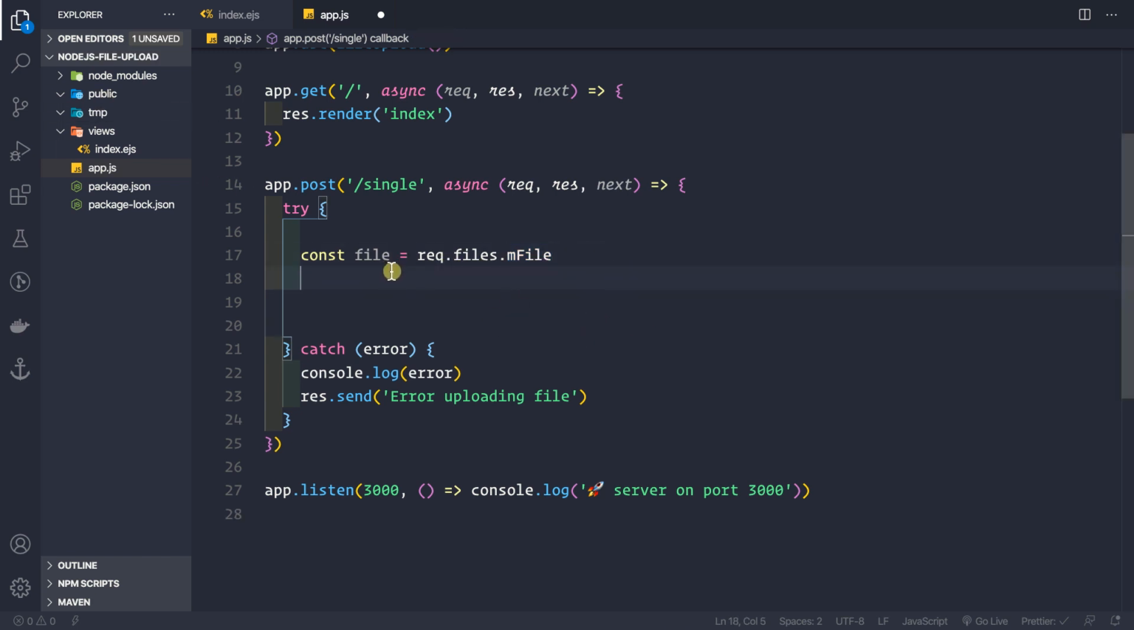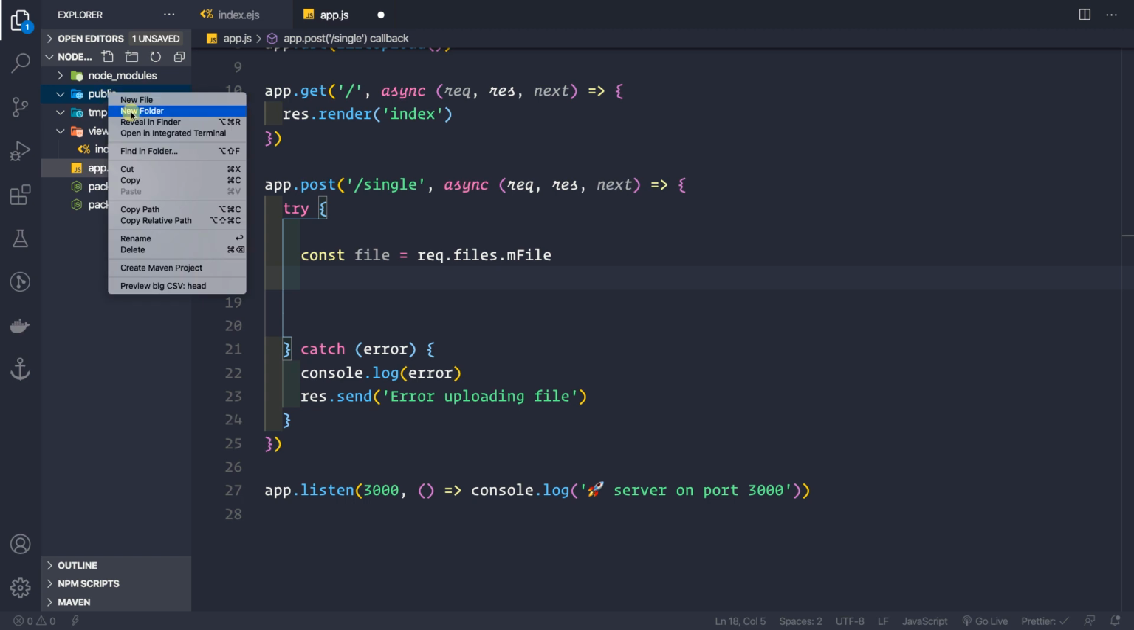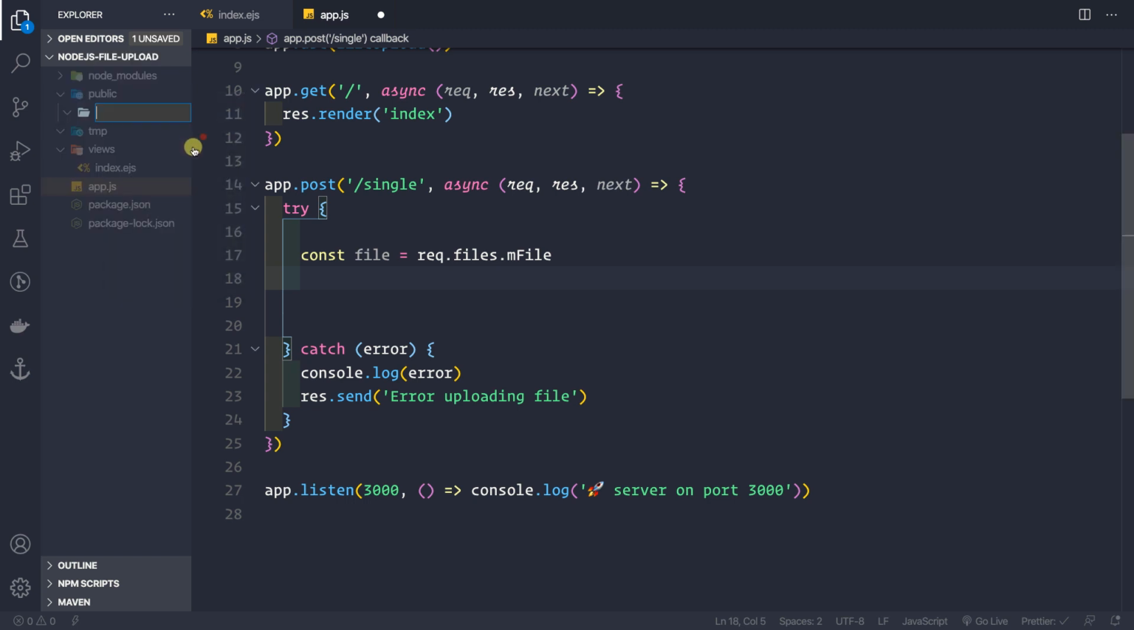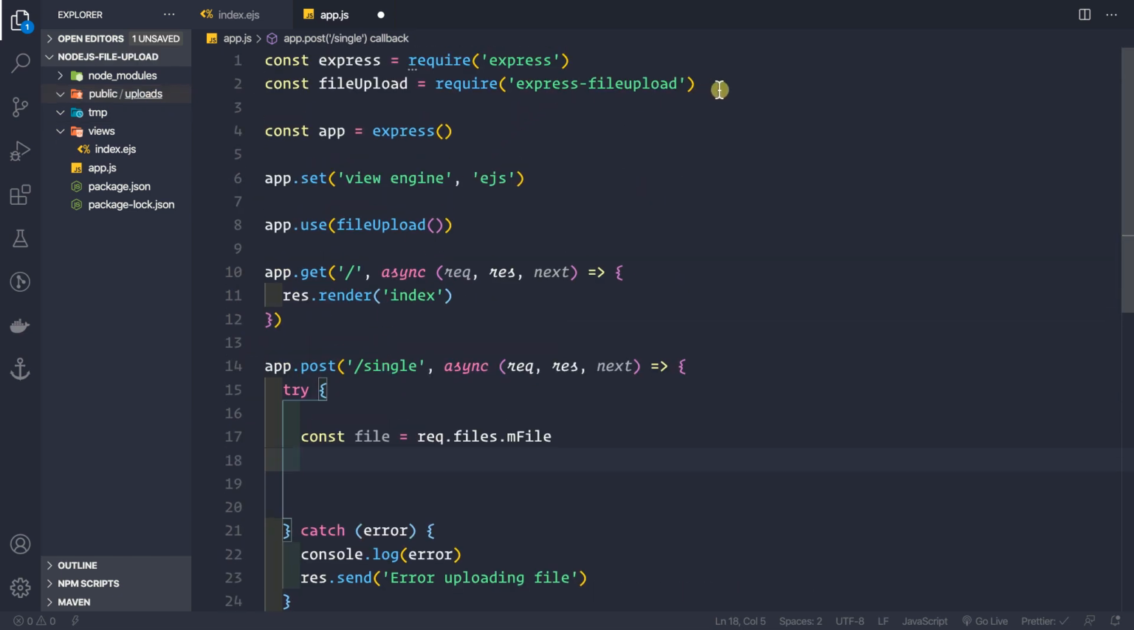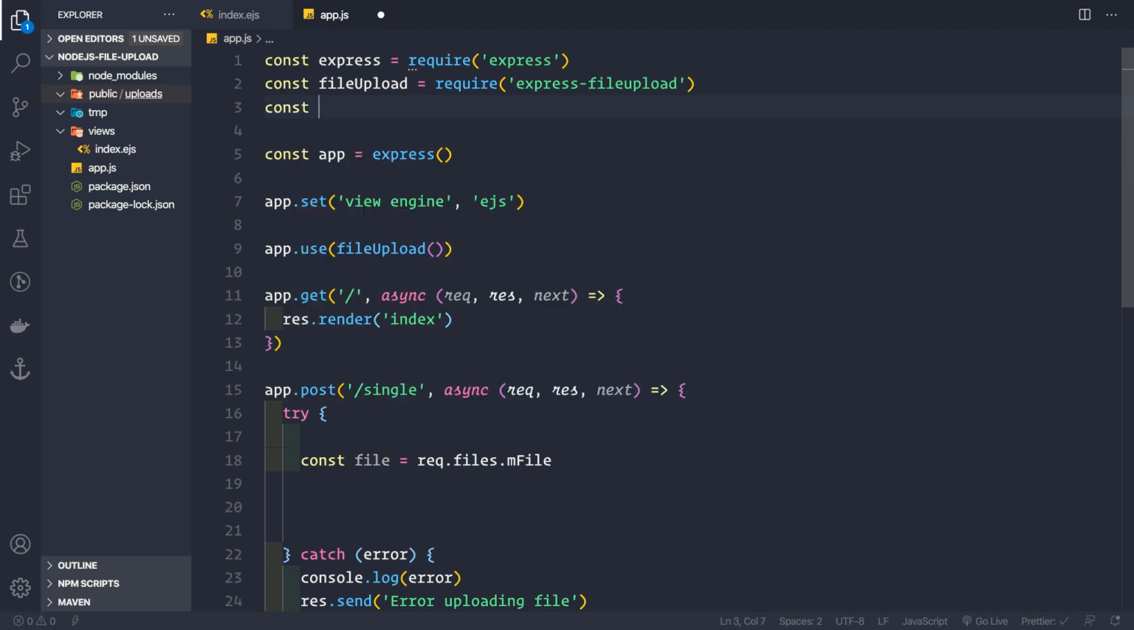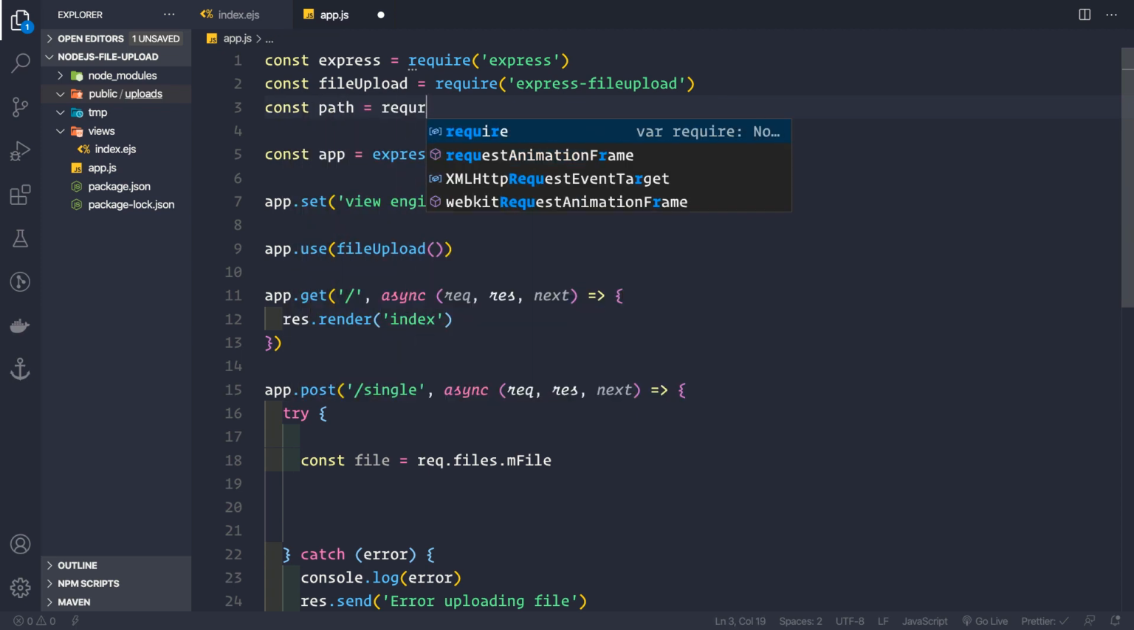And now to save this file, we would like to create a save path for this file. And where do we want to save it? We want to save it inside the uploads folder inside the public directory. Though we do not have the uploads folder here, so let's create one. So let's go to the public directory and create a new folder here, and that would be called uploads, like this. And now we want to save this file inside this uploads folder. So firstly, we need to create our path. So for that, we need to require the path package from Node.js. So const path equal to require path,